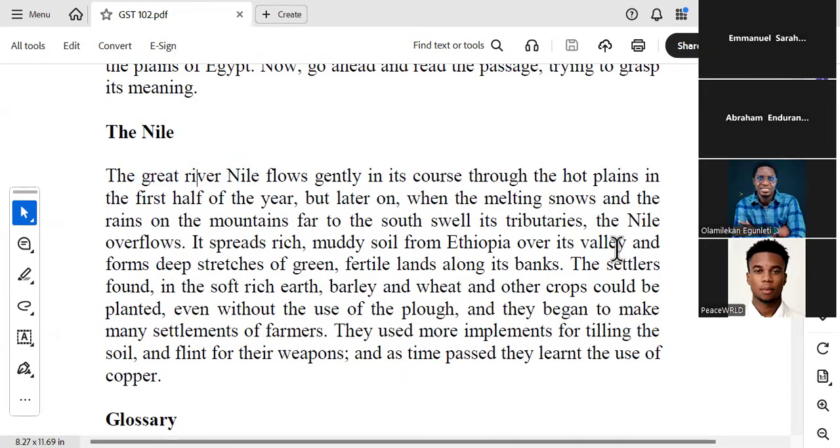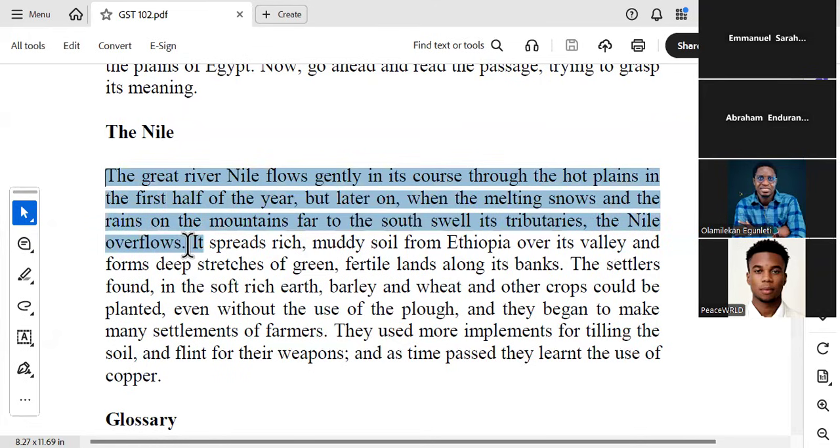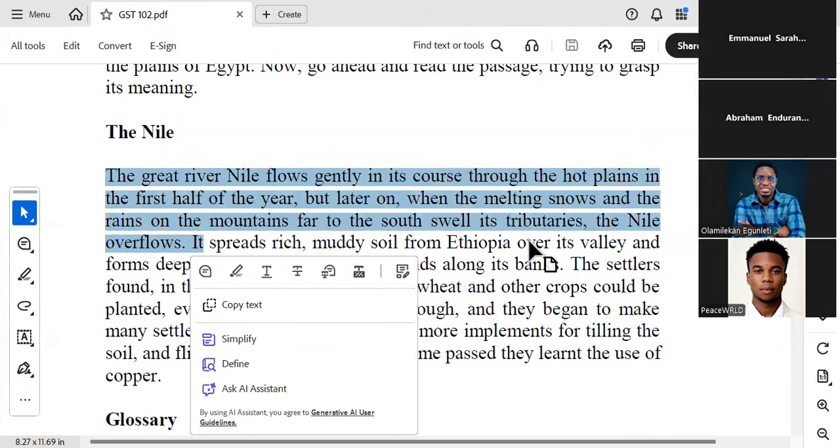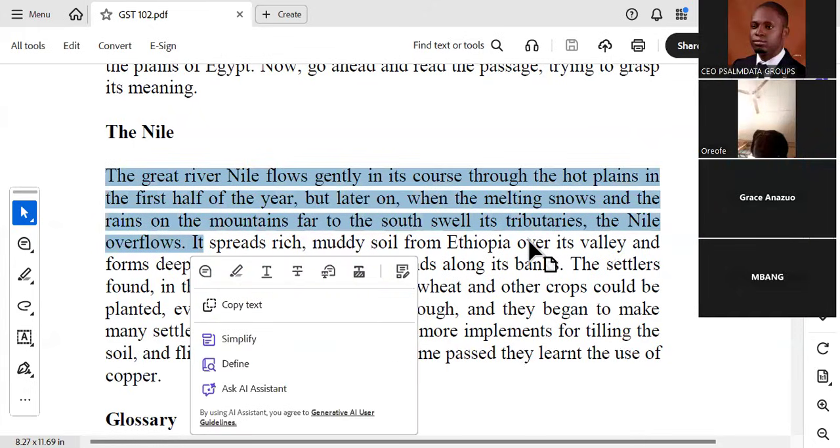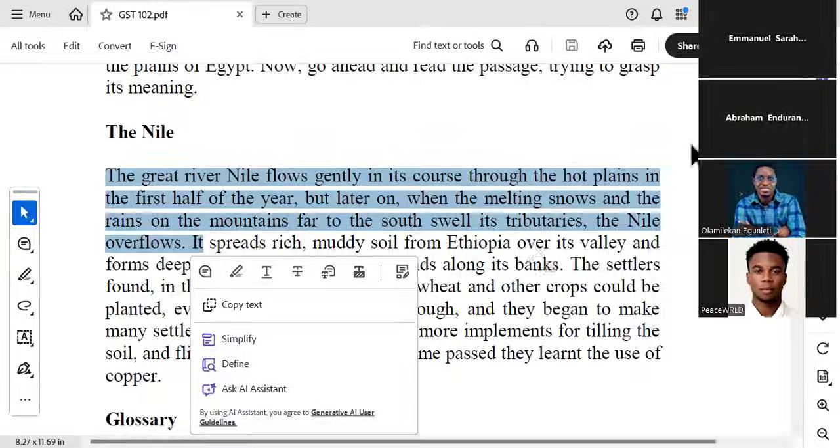Mr. Joe, your network is poor. Mr. Olamilekon, can you help us? I'm not sure Mr. Olamilekon was in the class yesterday. Those are newcomers. Endurance, are you here? What should we remove in this first sentence, and the sentence will not be destroyed? Endurance is not in class. Oriofe, can you try?